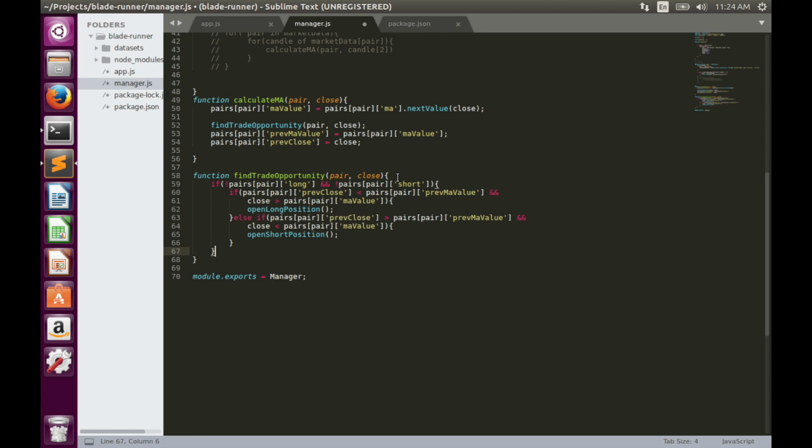Well, long and short positions in terms of closing must be considered separately. So let's do it this way. If we have opened a long position, if we have a condition for closing a long position, else if we have a short position, we have a condition for the short position. Let's fill them. In order to close a long position, closing price must be less than moving average value. So if close is less than moving average value,